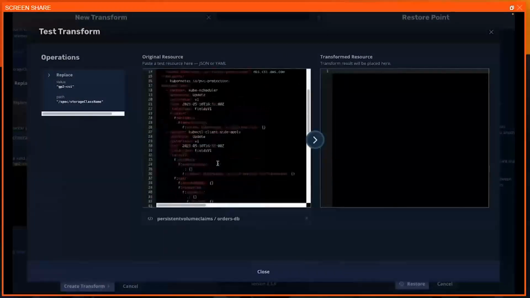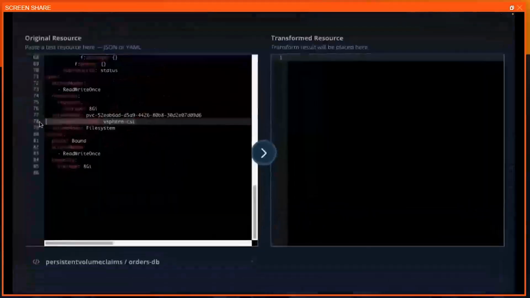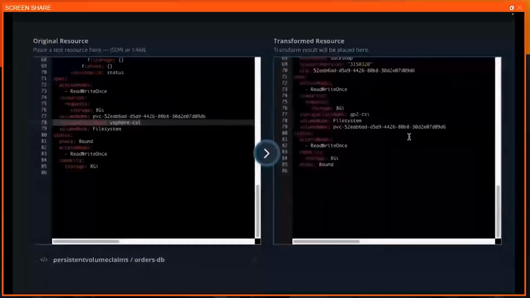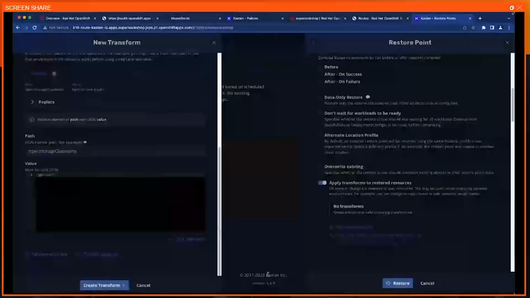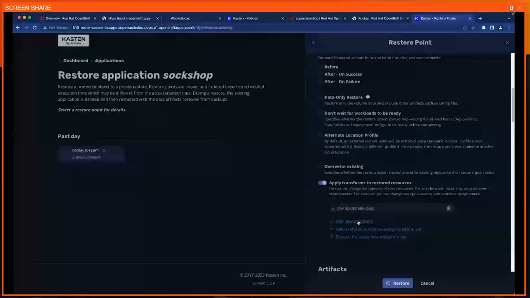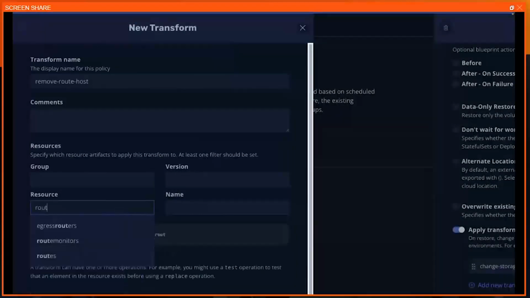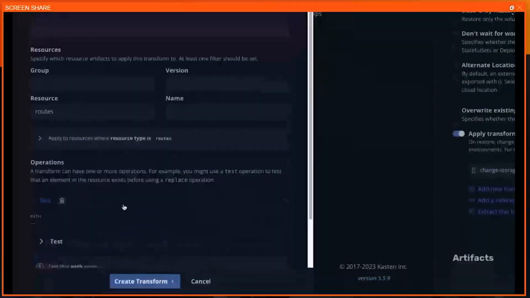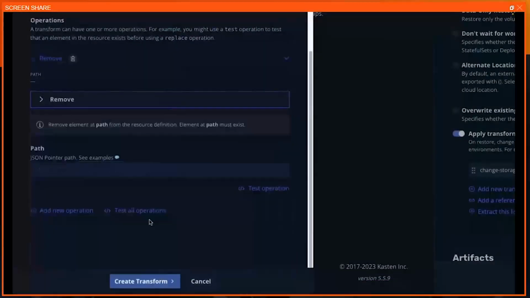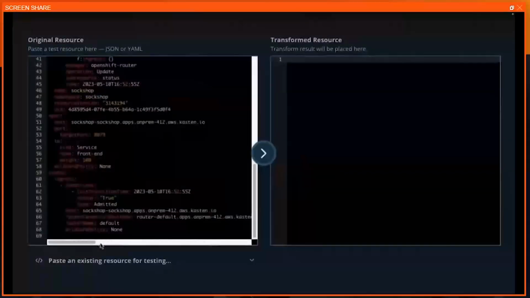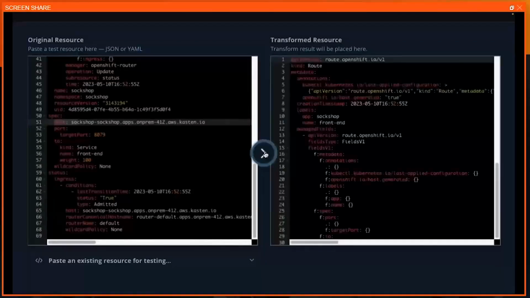And then one more thing to do after I see this, you can see there that we've changed our storage class. Now I just have to address the networking. So again, really simple here. I have to remove the route host on my source and let OpenShift define my route for this new cluster. Again, one of the beauties of OpenShift is it does it for you. And then you'll see here, I can test this. You can see there, that's what I want to replace. That gets removed. And then now I'm ready to go.